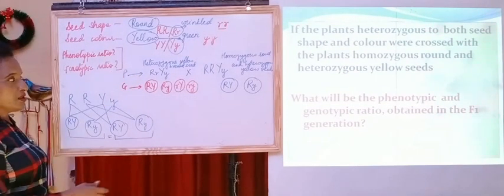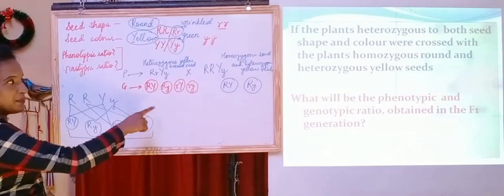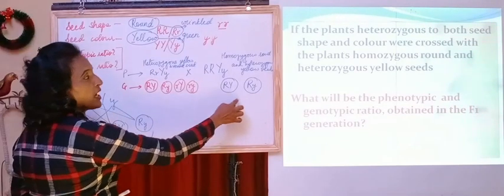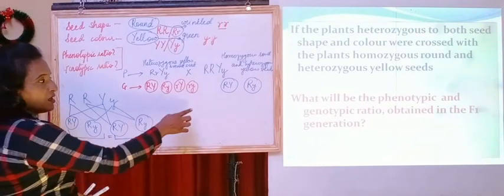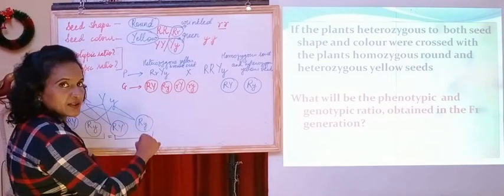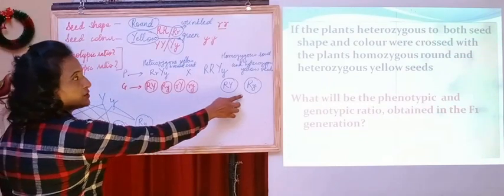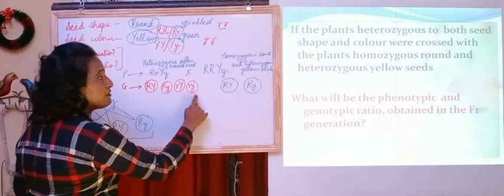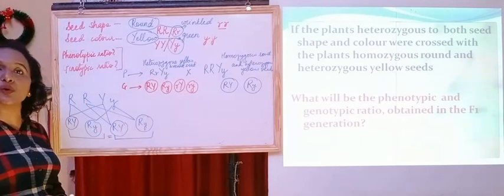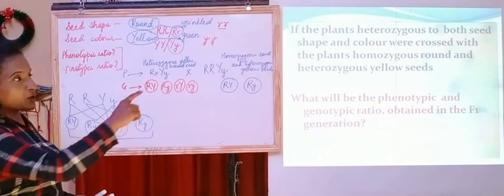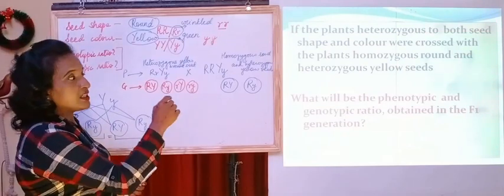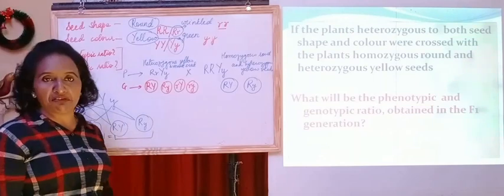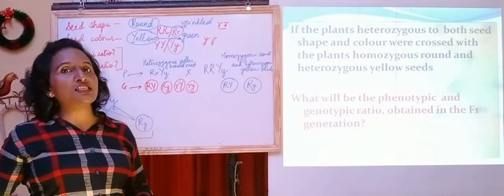Okay, so here we have to remember when we are making the Punnett square, there will be 4 gametes at the top of the column, and 2 gametes at the left hand side. So we have to see the number of gametes that are there. Accordingly, the Punnett square should be prepared. The question asked here is what will be the phenotypic and genotypic ratio that would be obtained in the F1 generation. So we'll see on the screen itself.